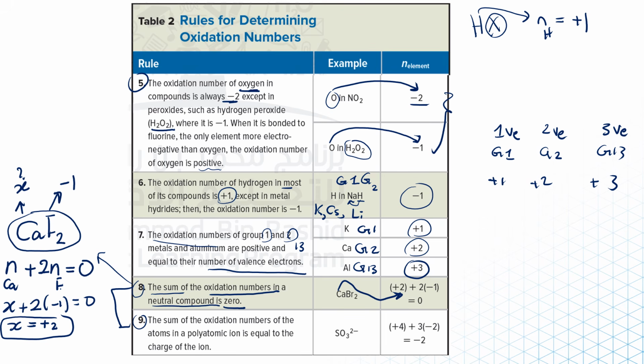من هنا نقدر نعرف الأكسيديشن numbers من هالقاعدة إنه لازم نسويها بصفر إذا ما في شحنة على المركب. If you have a polyatomic ion like NO3 -1, SO4 -2, SO3 -2, it will not be equal to 0, it will be equal to the charge that you have here. So it's equal to -2 because there is a charge up here. Here there is no charge. Okay, so you can repeat the rules again. Now let's go and see one example.